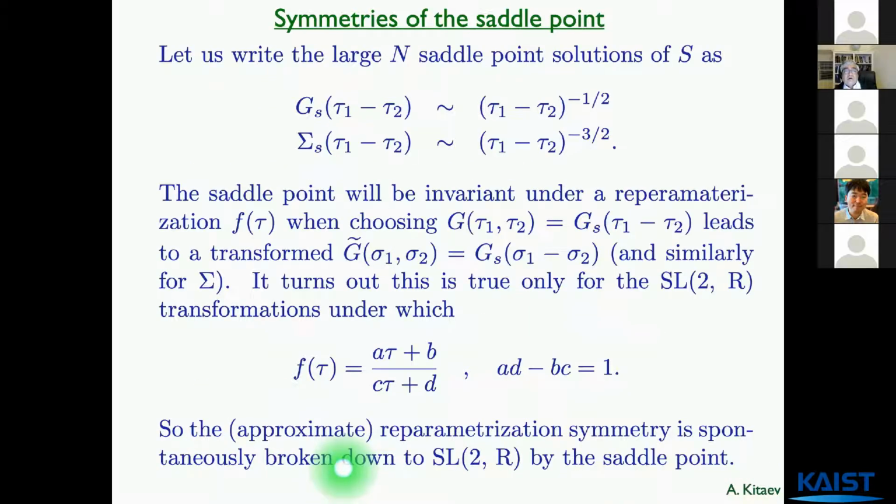All right. So let's actually pick the solution that we have found. This is the solution that we found. Tau1 minus tau2 goes as 1 over square root of tau. That's what G_s is. Okay, so now we ask the following. Let's make this transformation and get a G tilde. And I ask the following question: for what transformations f of tau does G tilde have the same form as